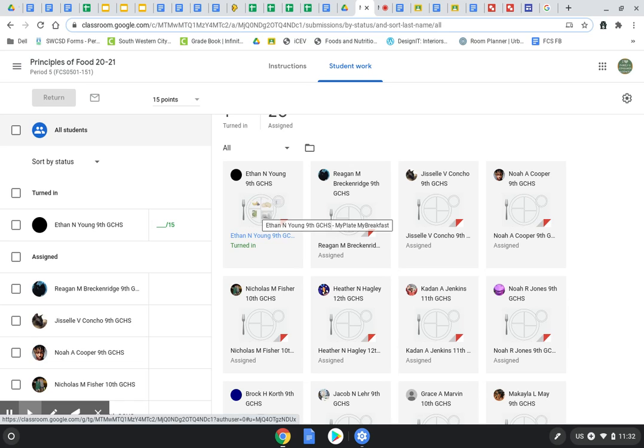No. Okay. I'll reach back out to Ethan. I think he skipped a few steps. Reagan, what food are you putting in on yours? I don't see any food in there yet. I haven't figured it out yet. Okay, so start with something. You can always change it, okay? Get something on your plate.